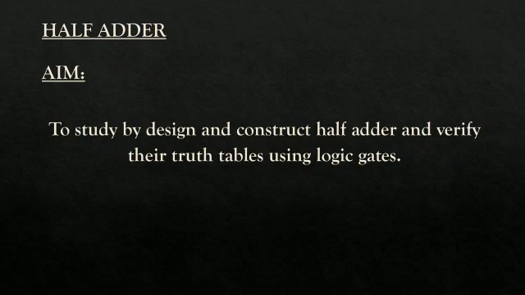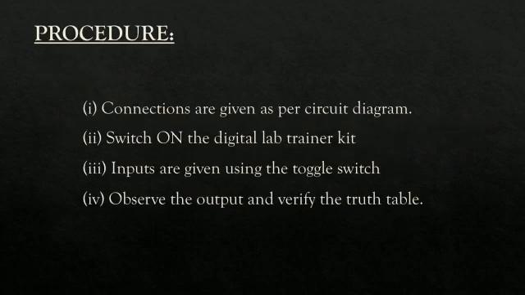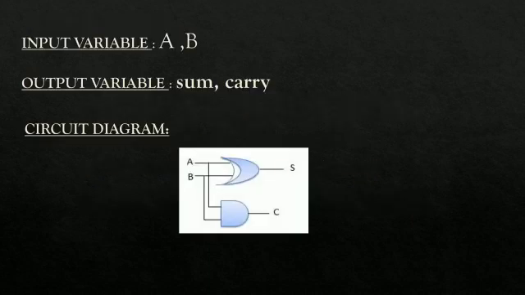And the procedure is connections are given as per circuit diagram, and we have to switch on the digital lab trainer kit, and inputs are given using the toggle switch, and then we have to observe the output and we have to verify the truth table. And here the input variables are A and B, and the output variables are sum and carry. So this is the circuit diagram for half adder,